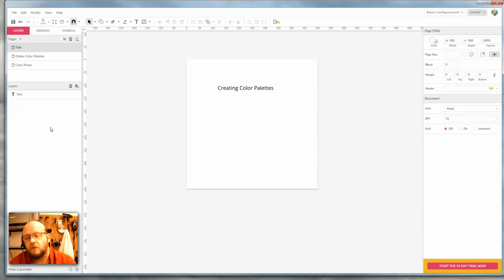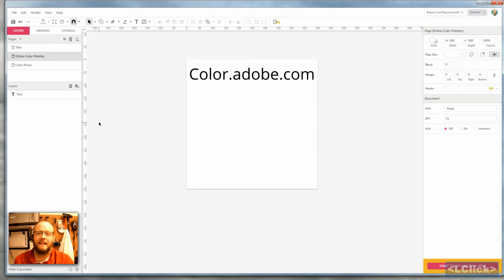All right, so we're going to look a little bit at color palettes today, and how we create those, how we manipulate those, and where we can get them from. So the first thing I want to talk about is getting an online color palette or developing your own color palette. And the best place for this is this website,